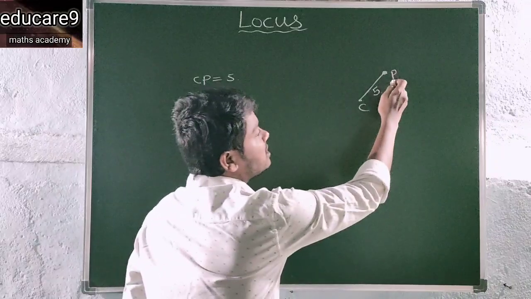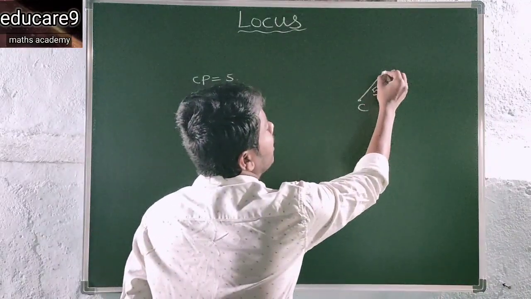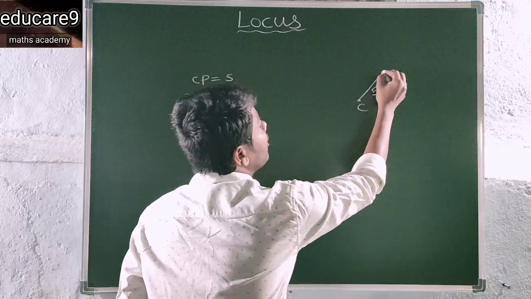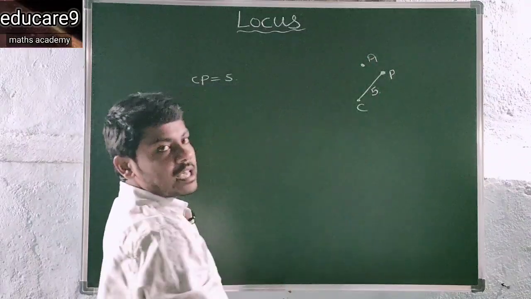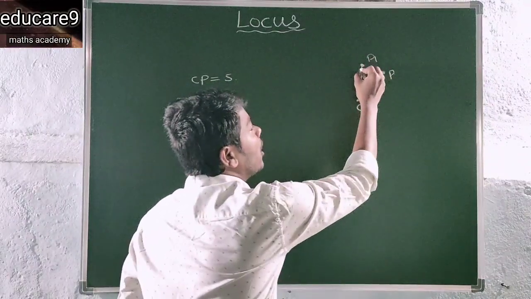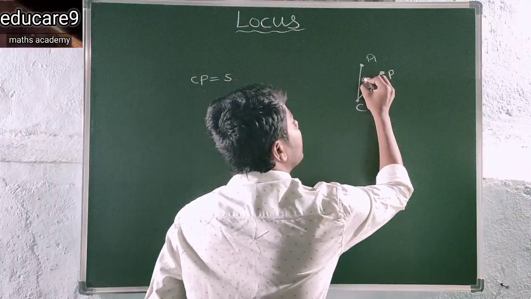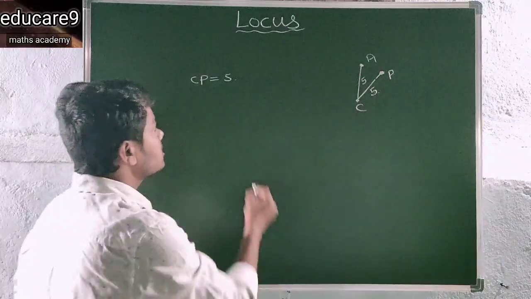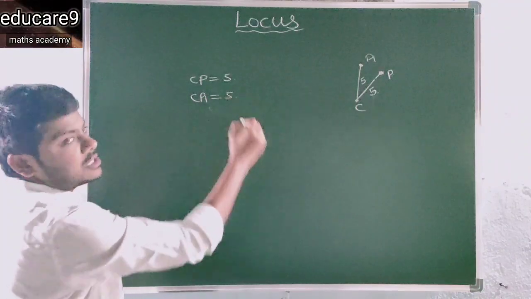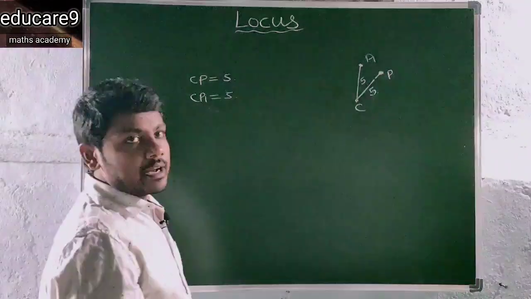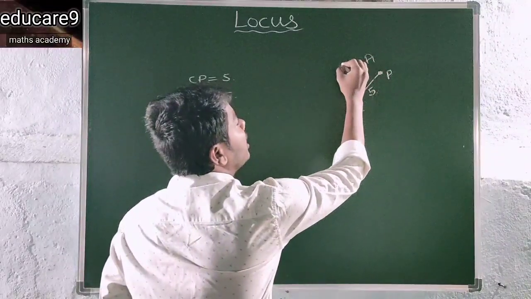So clearly P is the variable point. It is moving in a plane. For example, this point P moved from P to P1 with the same distance from point C, so this is also 5 units distance. So here CP1 is equal to what? 5 units distance. And again, this point P1 moved from P1 to P2